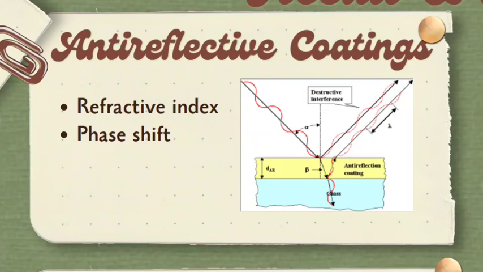Additionally, the AR coating is designed to be a quarter of the wavelength of the target light in thickness, creating a phase shift that causes destructive interference between the light waves reflected from the top and bottom surfaces of the coating. This destructive interference effectively cancels out reflected light, significantly reducing reflections and allowing more light to transmit through the